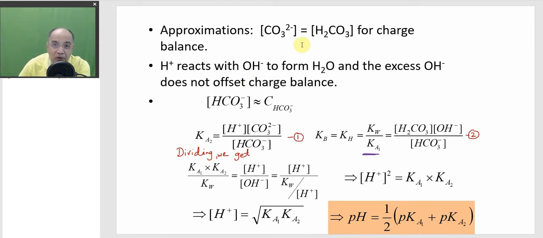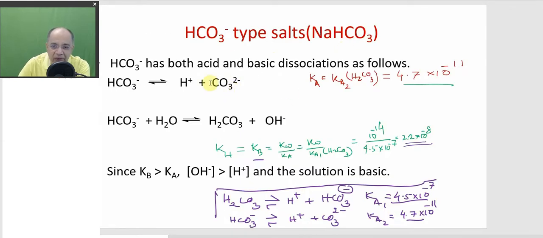Now, why do we approximate this carbonate ion concentration as roughly equal to the carbonic acid concentration? Carbonate ion is produced in the acid dissociation, and carbonic acid is produced in the basic dissociation, right? We approximate these two to be nearly equal, and they cancel out, as you know. But you are wondering, if we are approximating these to be equal, then why not these to be equal? And then the solution will be exactly neutral.